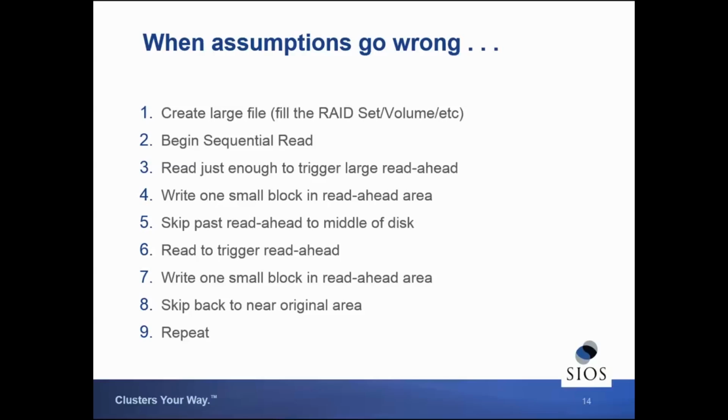Then write one small block within that read ahead area. This will dirty that whole big stripe. And so the SAN now has to go back and put that back on the disks, causing even more overhead. And of course, with the RAID stripe that most SANs are going to do, they're going to tell you RAID 5, and you're going to like it, and you're just going to deal with it. Well, this is going to be the least efficient in terms of performance.